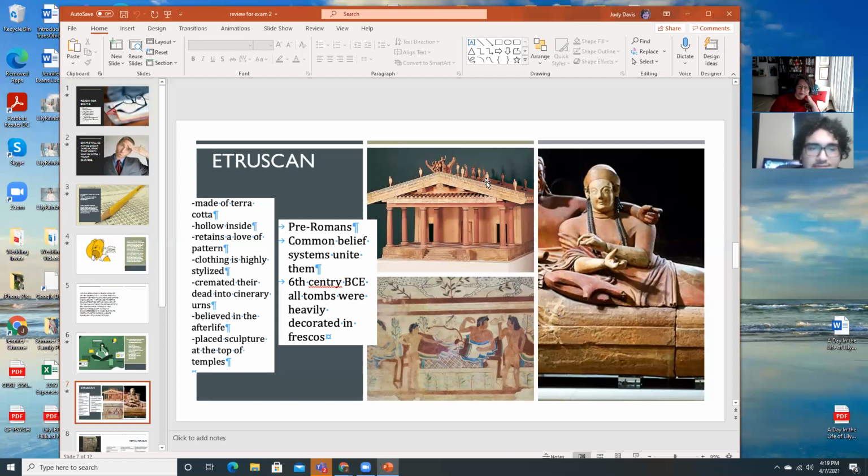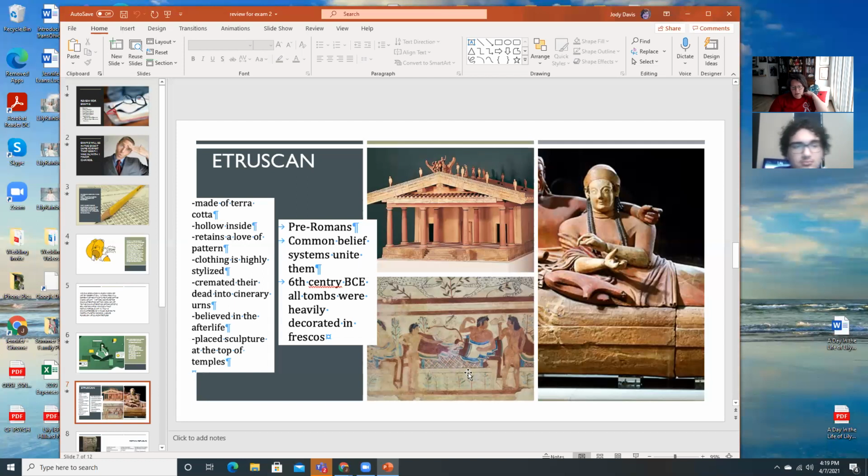The sculpture was then secured at the top of the roof line, and it helped to protect the sculpture from being knocked over should it be on the ground. They had trouble with earthquakes in the area, so if the ground shook and the sculpture was on the ground, the sculpture wasn't heavy like a piece of marble, and so it would fall over. Because it's made of terracotta, they figured out if they secured it at the roof line, it would keep it from falling over and breaking.